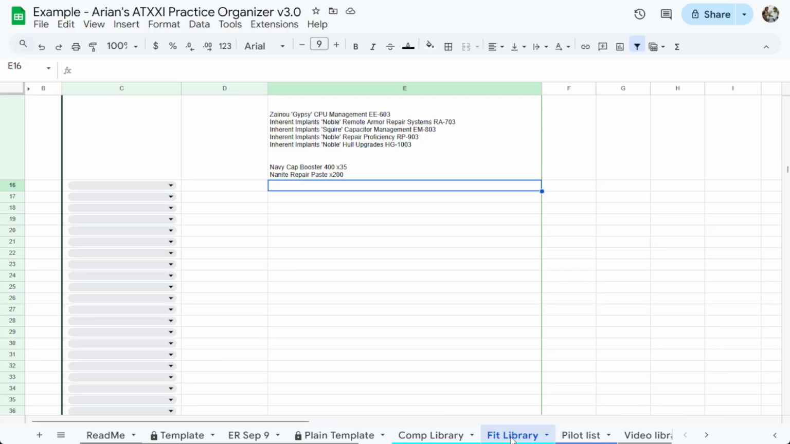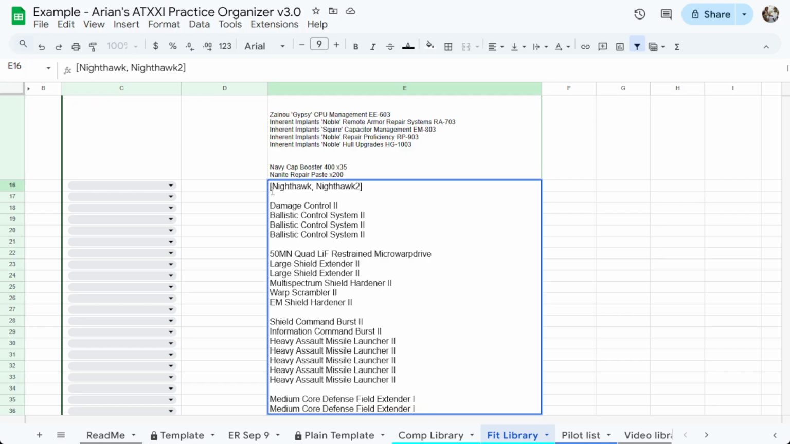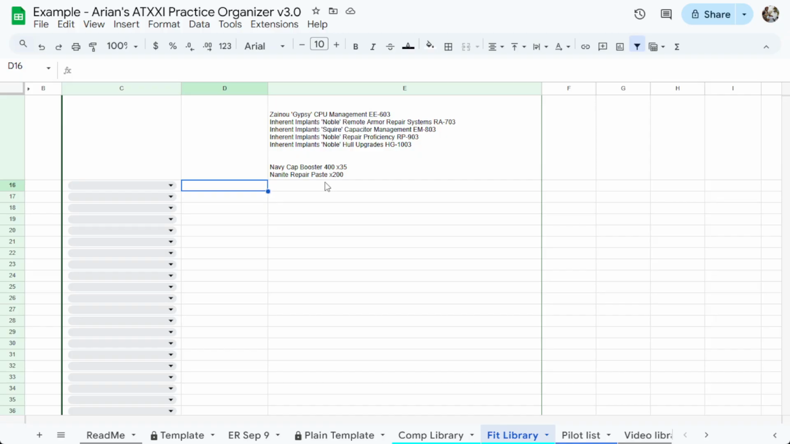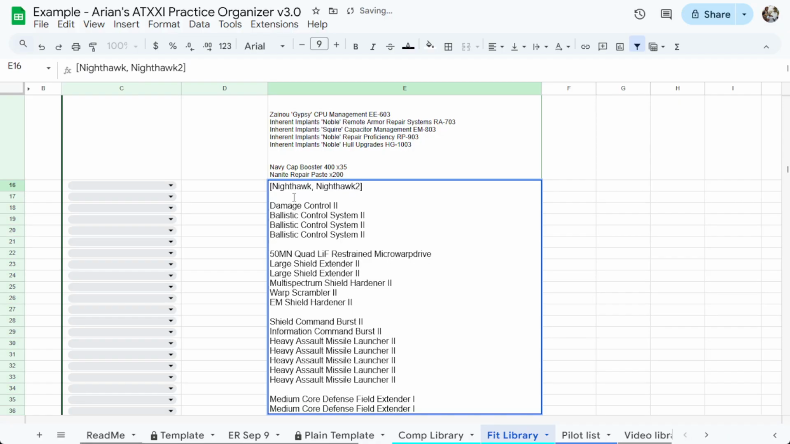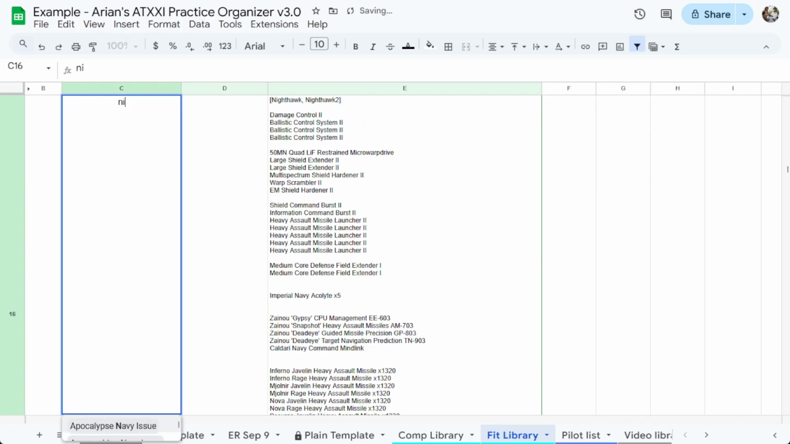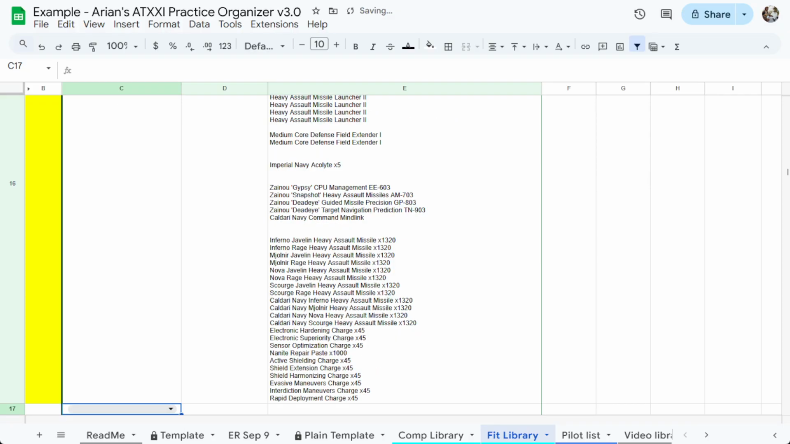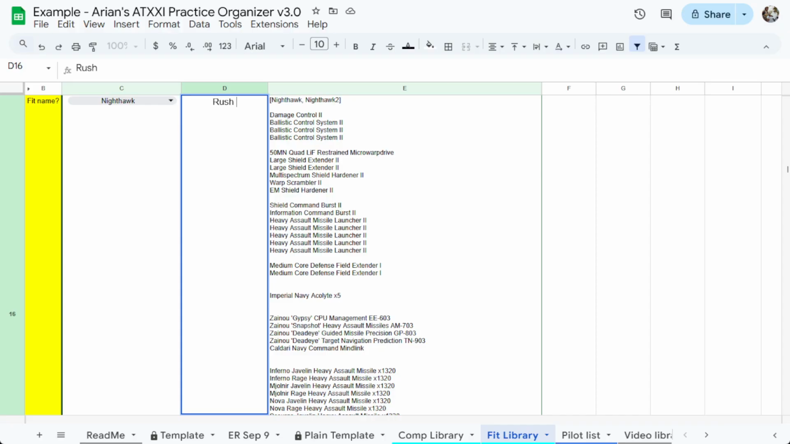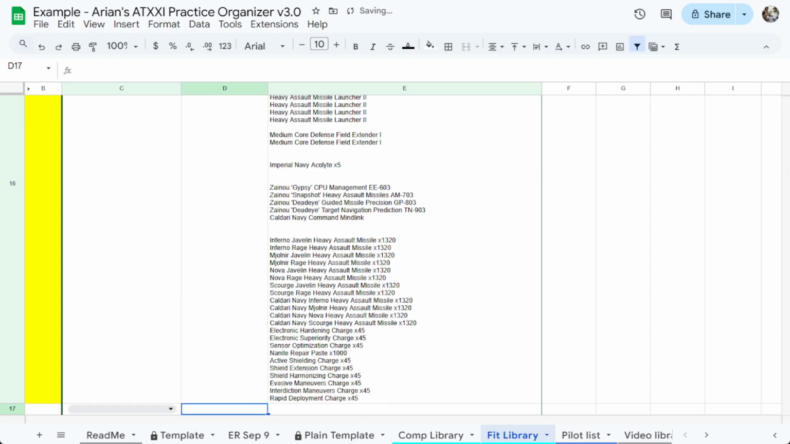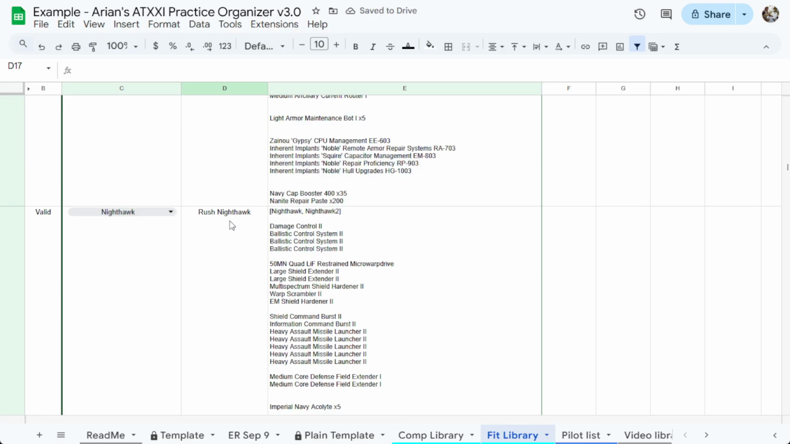So I go over to the fit library. I've got a Nighthawk fit that I've copied from somewhere. And now note, you do have to double click inside, otherwise it will go onto each line. You want it all in one cell. Set this to Nighthawk. Now this is warning me that this fit doesn't have a name, so I can't look it up. I'll give it some kind of, ideally more descriptive name than this, but for now,